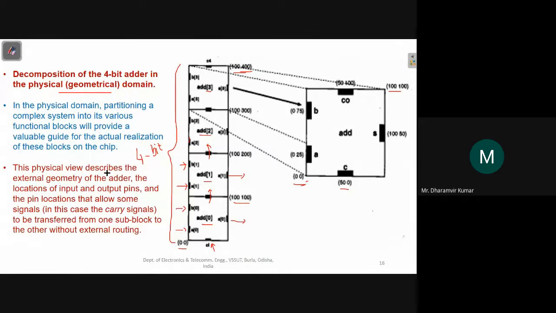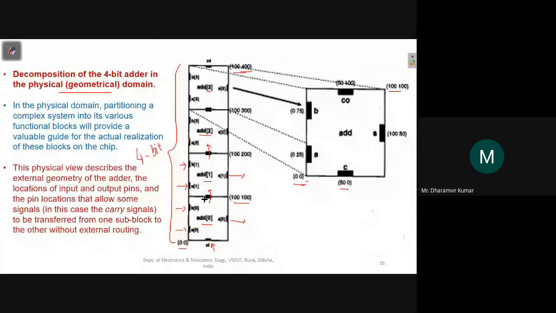So this physical view describes the external geometry of the adder, the locations of the input and output pins, and the pin location that allows some signals to be transferred from one subblock to the other without external routing. Now, if we were not sure that this carry out of this first block will go into the carry input of the next block, then this would not have been placed here.